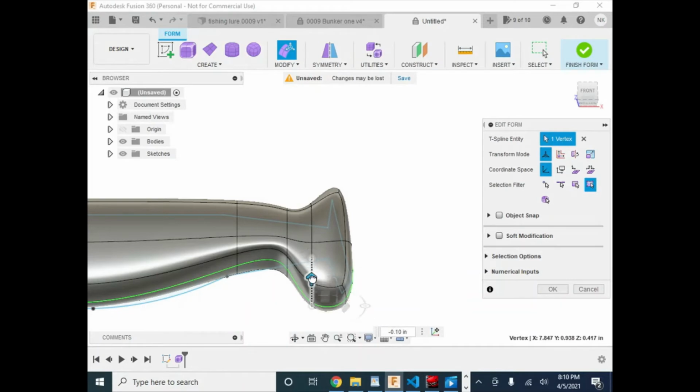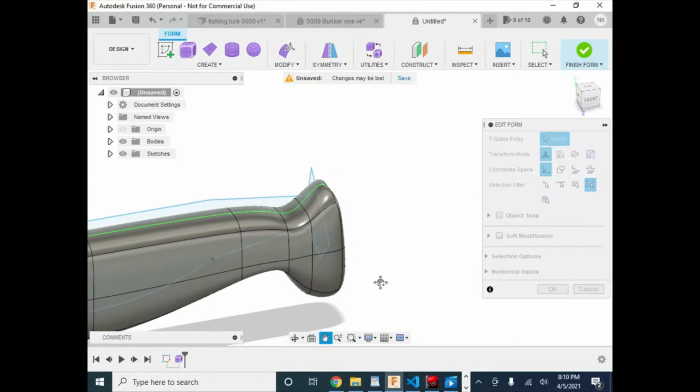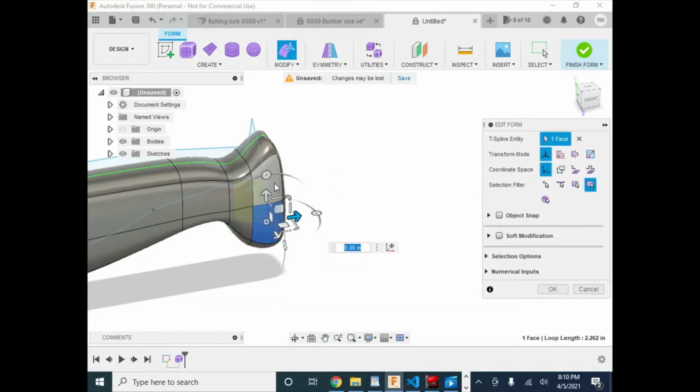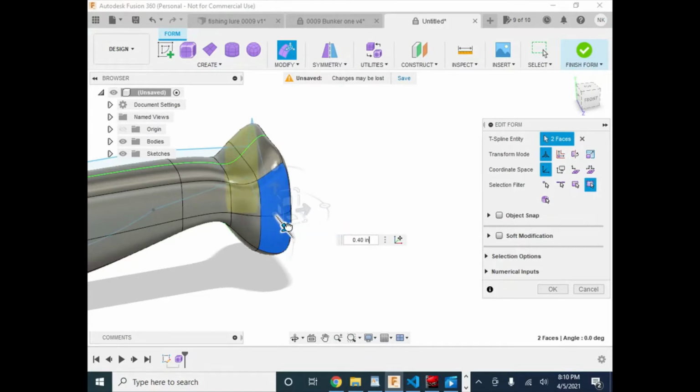So yeah, we're going to keep pulling. When you click on points versus lines, it's going to shift that point, but it's going to change your model, so just be cognizant of that. You can click on really anything if you need to shift anything around. For this one, we're going to grab this face and this face together, and this is how we're going to start making that tail,